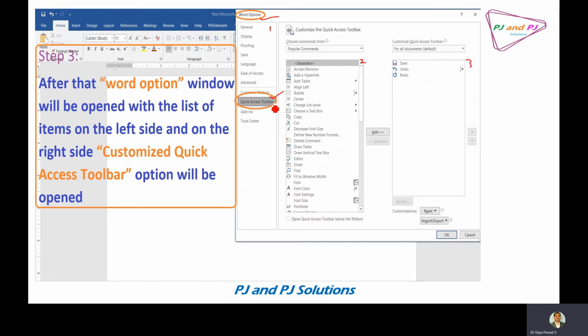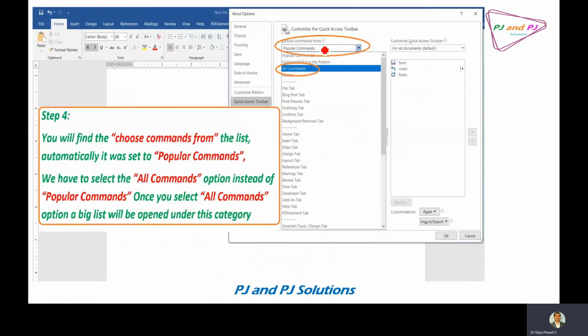If you are not finding it, you have to find the Quick Access Toolbar under Word Options. Here you can see Customize the Quick Access Toolbar. This heading will be shown on this window. Once you find this, you can see a drop-down button. In the drop-down, it shows Popular Commands.